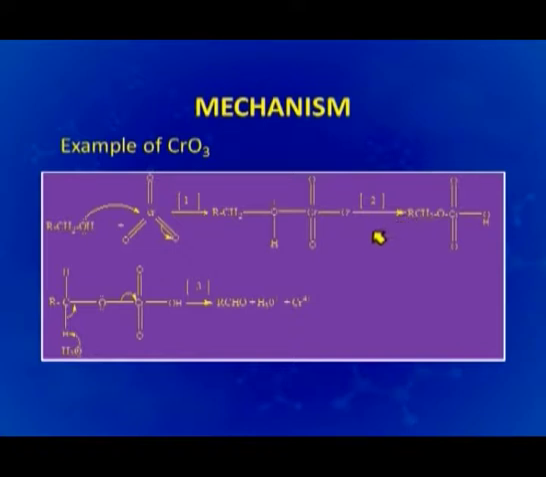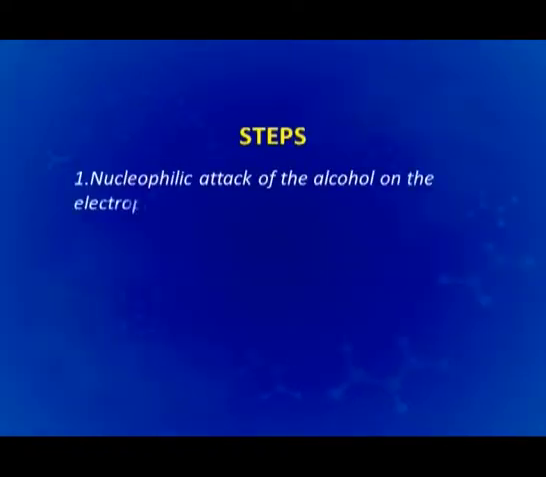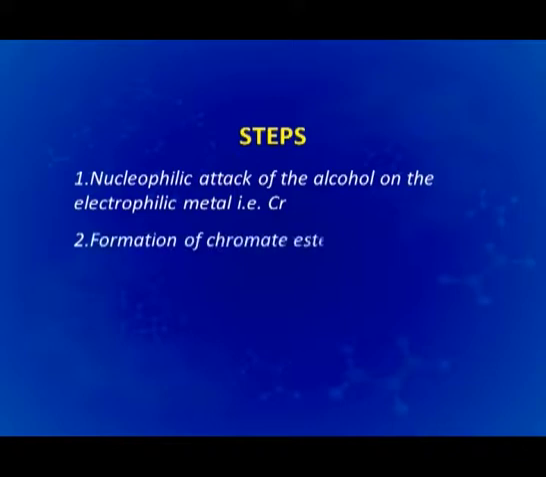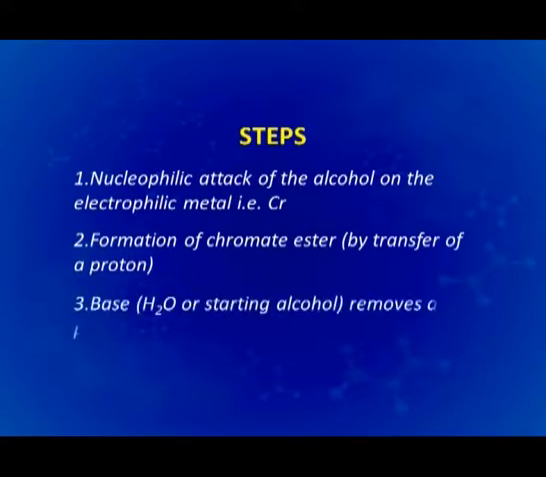This chromate ester finally loses a proton here, with the formation of an aldehyde. So, these are the steps: the first is the nucleophilic attack of the alcohol on the electrophilic metal, that is the chromium; the second is the formation of the chromate ester by transfer of a proton; and the third one is a base, either water or the starting alcohol, acting as a base which removes a